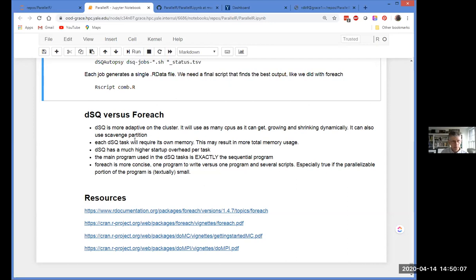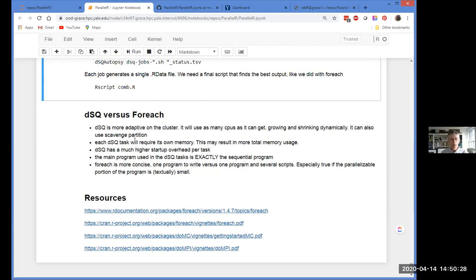On the other hand, the nice thing about foreach, especially foreach using doMC, is that most of the memory gets shared between all the different workers because of the way that fork works. In Dead Simple Queue, every task is a completely independent process.